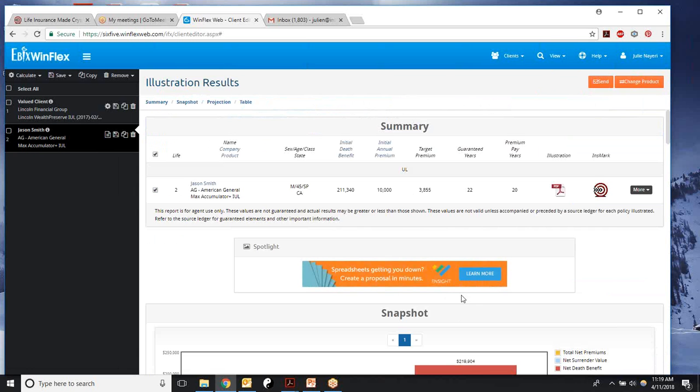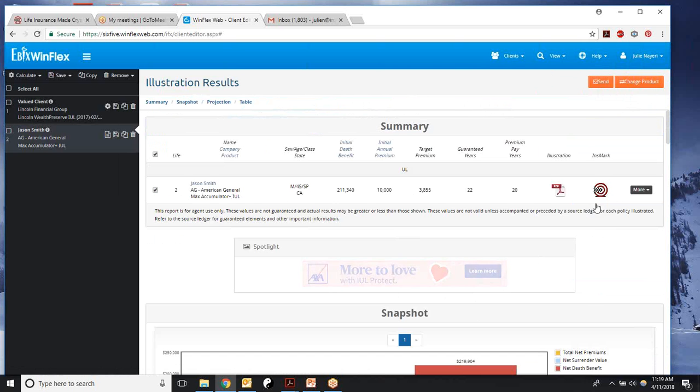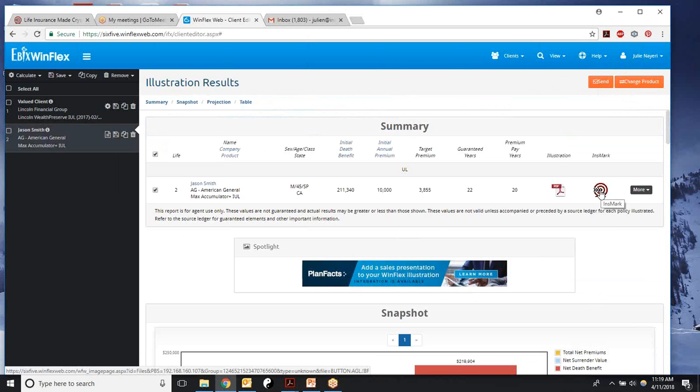And now this policy is made. And you see here, there's an InsMark button right here. This is the reason for doing that preference setting. Okay, so you do that, and now it shows up. So what I'm going to do is to click on this InsMark button and watch on your screen when you're